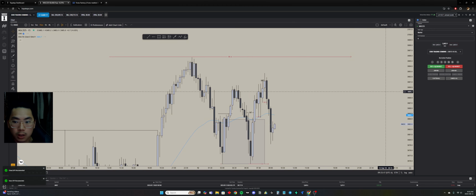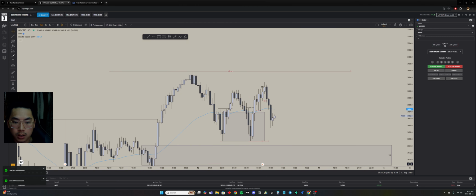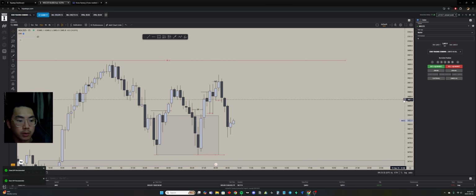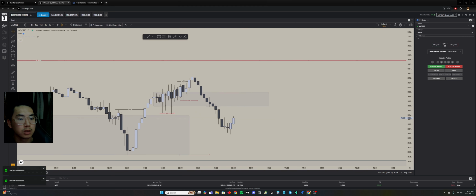But I also wanted to check the 15 minute. 15 minute, as you can see, we have a break here, right? So 15 minute is confirmed to be bullish, 1 break, 2 break, right? But we have this pretty big wick of a liquidity down here. So let's just say this was our order block because that was the one that caused the break of structure. If we could grab liquidity from here and respect this order block, I might have continued to look for longs,